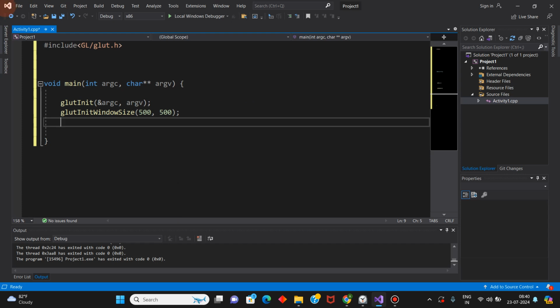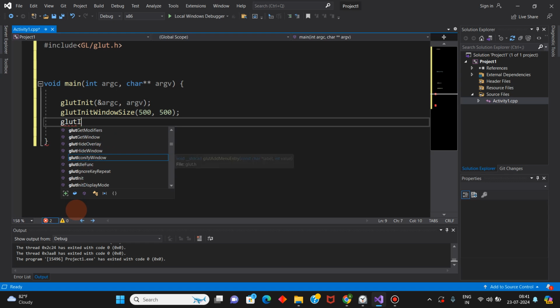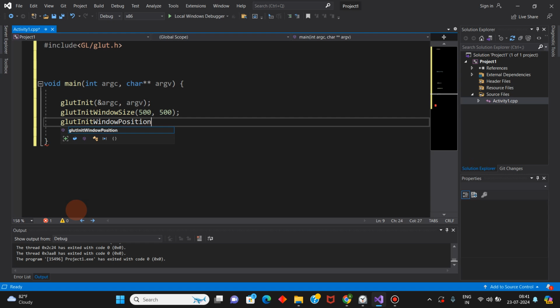The top left corner of your screen is the origin. This is your x axis and down is your y axis. So we will give glutInitWindowPosition, suppose 100, 200.